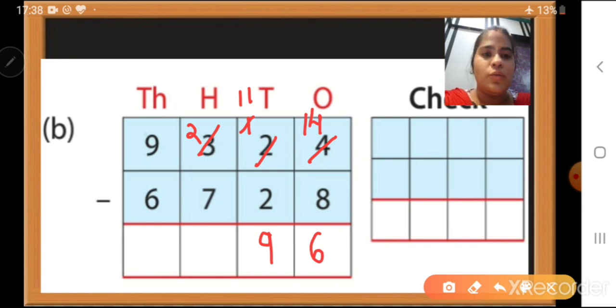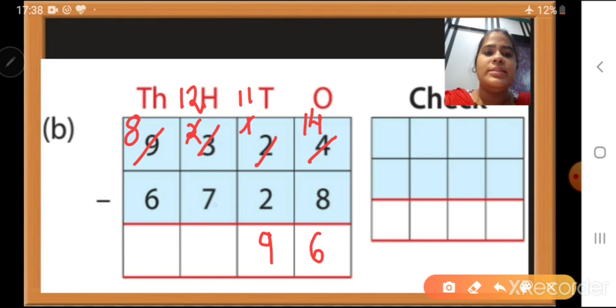So, we will go to thousands place. We have 9,000. So, from 9,000, we will take 1,000. 9,000 minus 1,000 is 8,000. Or 9 minus 1 is 8. So, cut 9 and write here 8. 1,000 is equal to 1000. Okay, children. So, 1000 plus this 200 is equal to 1200. So, you will cut 2 and you will write here 12.